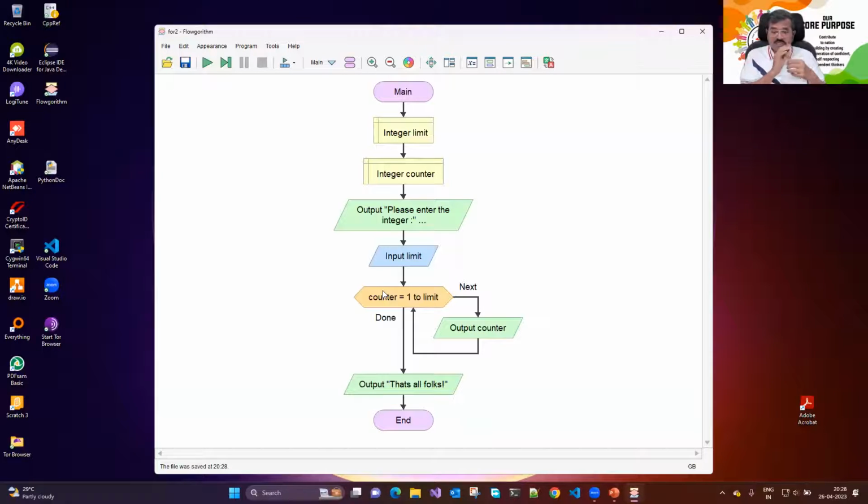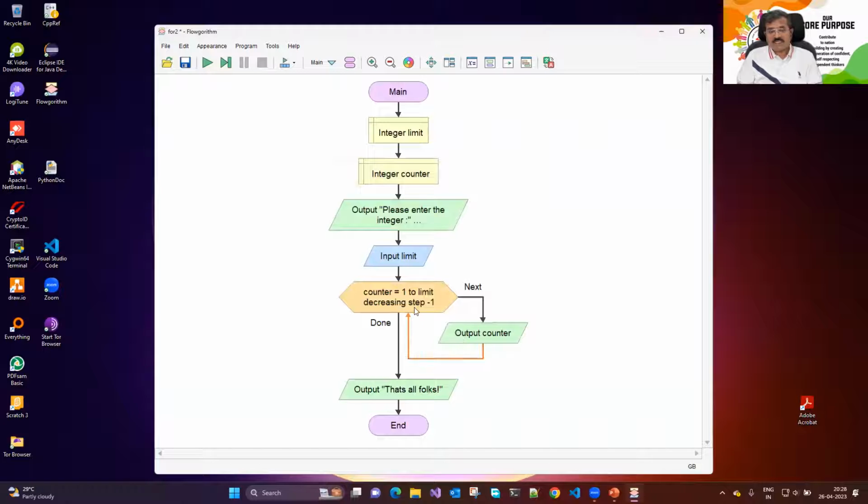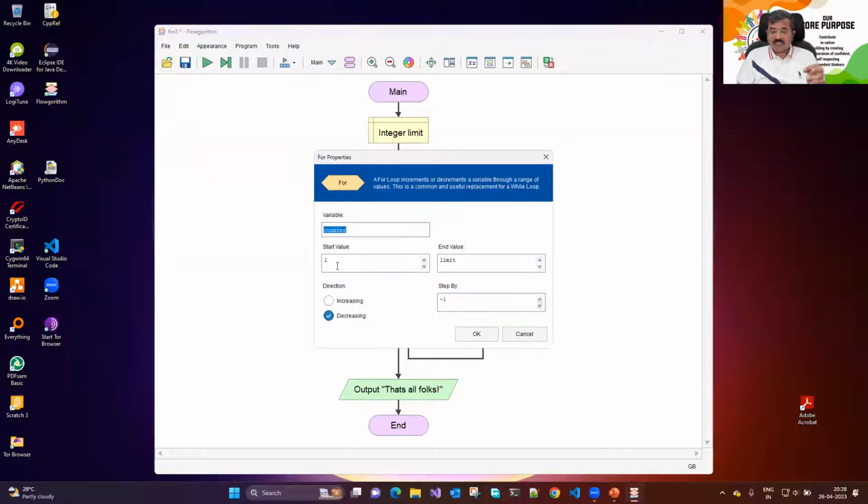So it will print 1 and 0, suppose. So we ask the user to enter the limit, and this time you would like to decrement it by 1. So I say step value -1, decreasing by 1. So it's going to decrease. You want decrementing; by default, it was incrementing. Okay. So for counter in the range, if I say from 1 to limit, then assume